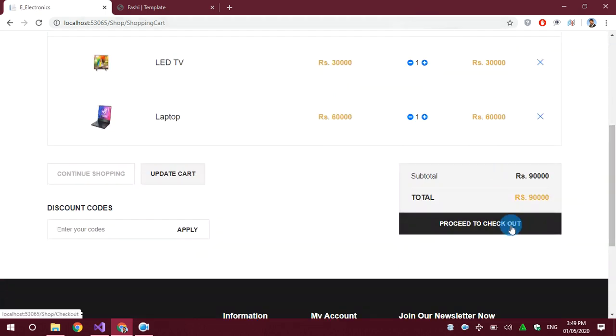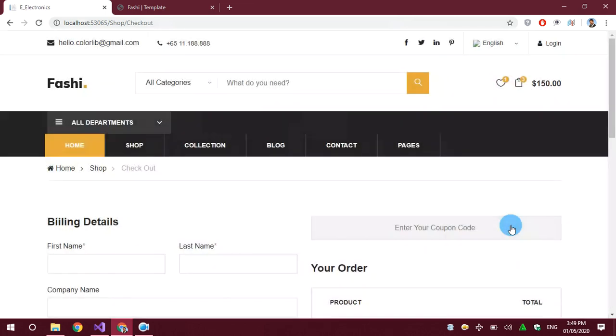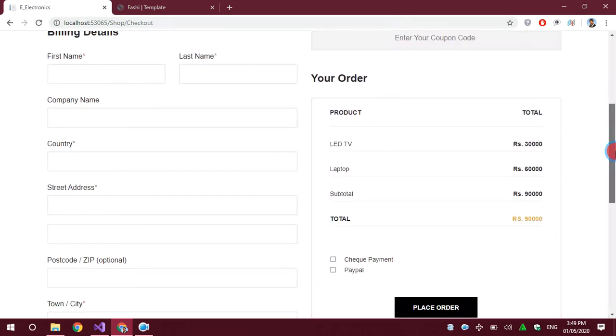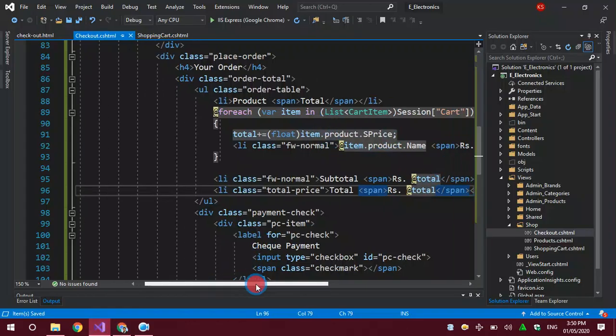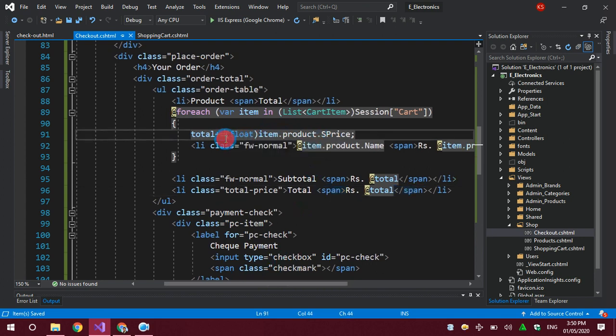So you also have to manage the quantity. You can simply add this product, not only the product but also the product multiplied by the quantity the user has purchased.